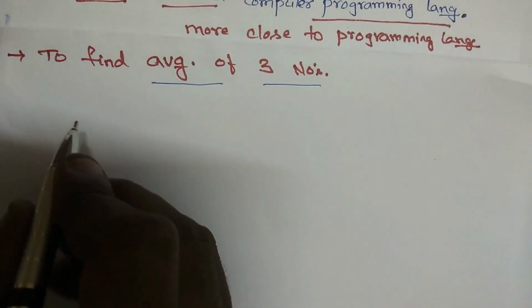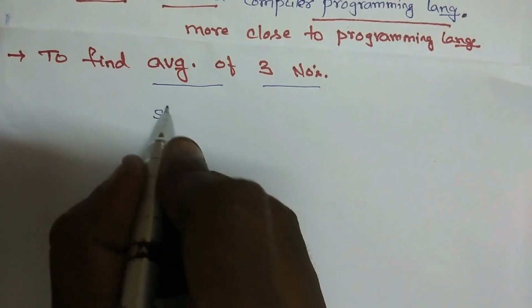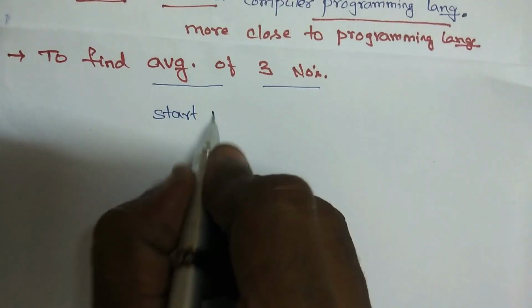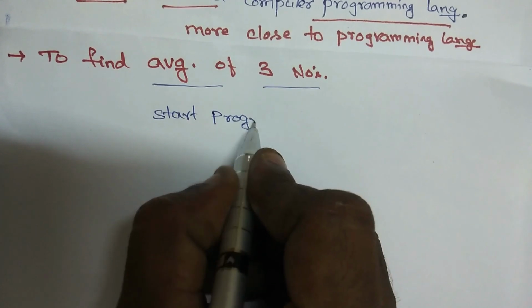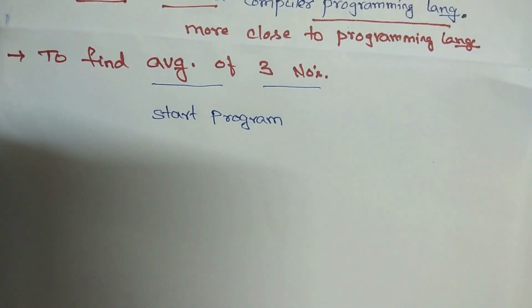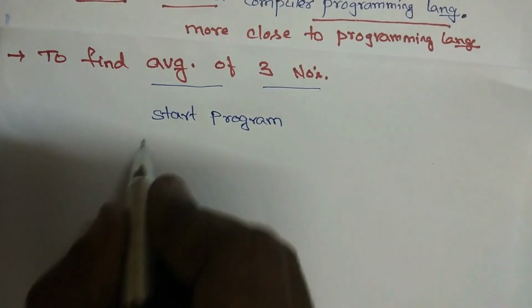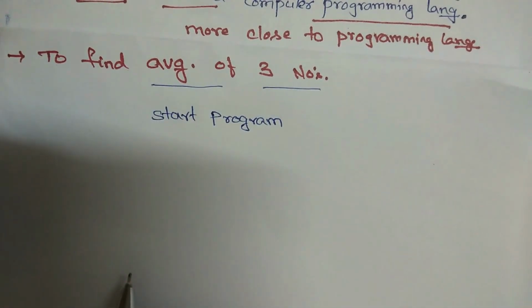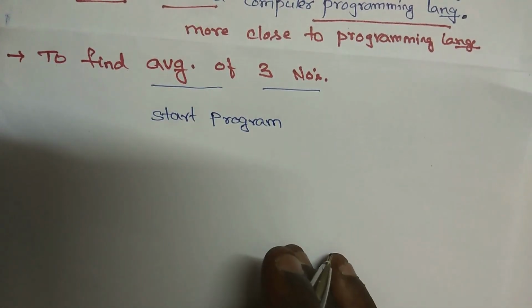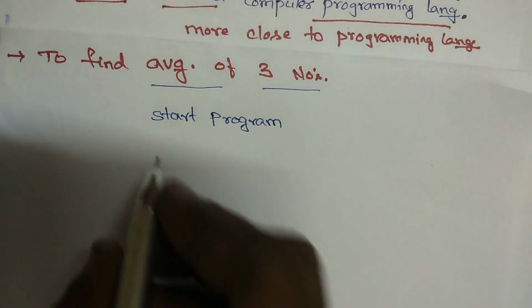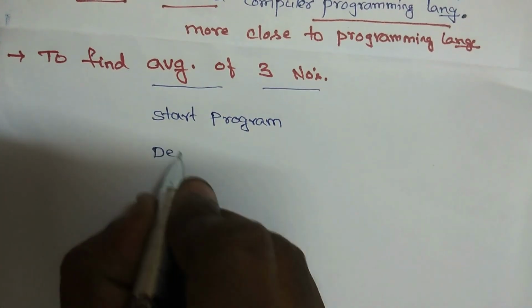Right? How can we write the pseudocode? The first step is to start the program. You have to start your program, right? After that, you have to identify how many variables are required to solve the problem, right? Here we have to declare,